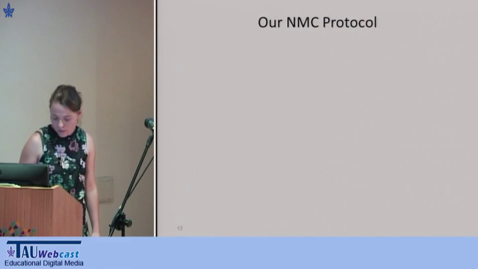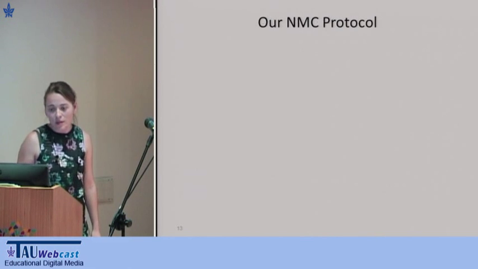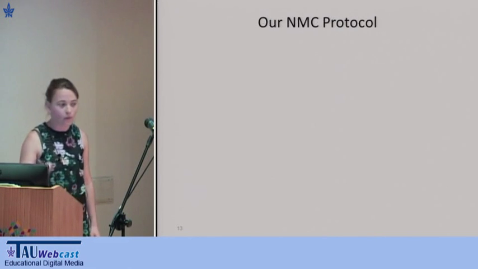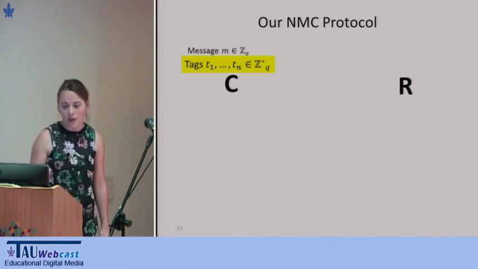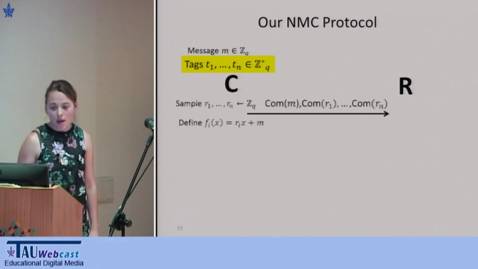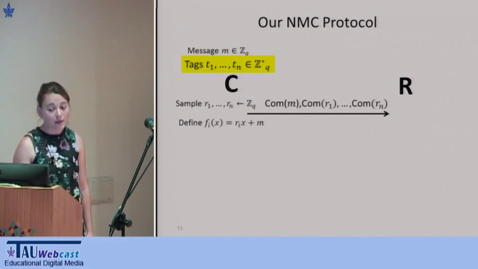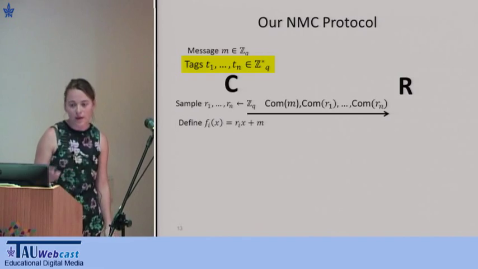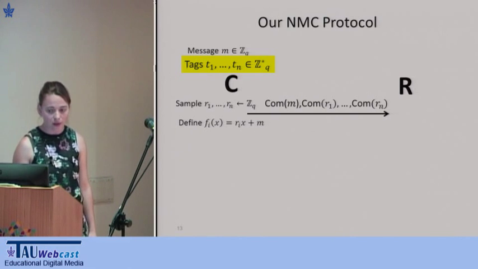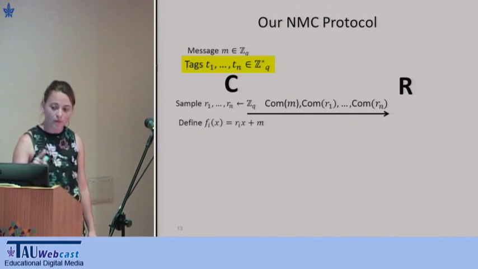So now we can see our protocol and see how we use these tags inside it. Instead of identity, we now have the tags t1 up to tn that we generated. And the committer, in order to commit to a message m, will draw n values from Zq and define n lines instead of one line. He will define fi of x to be ri of x plus m. He will commit to all of these ri's